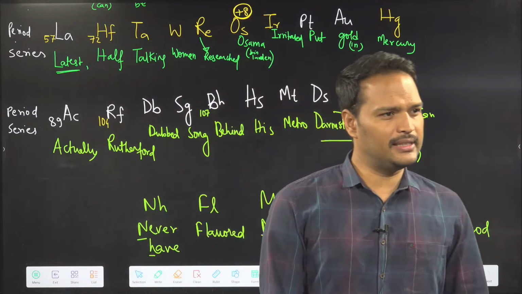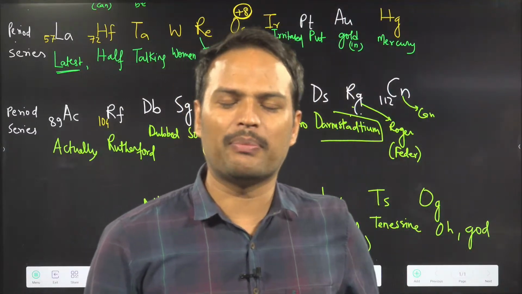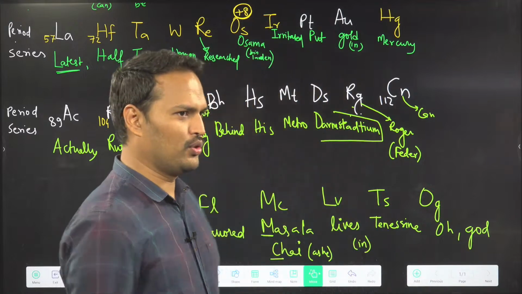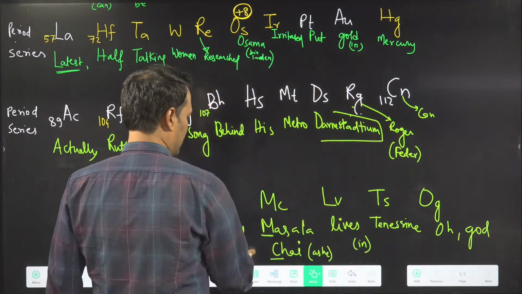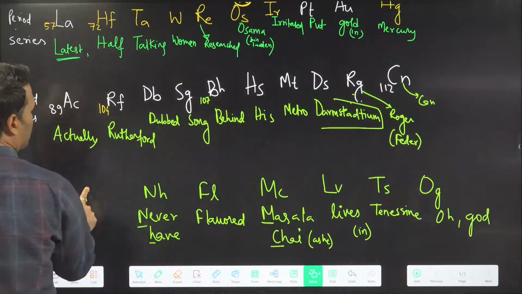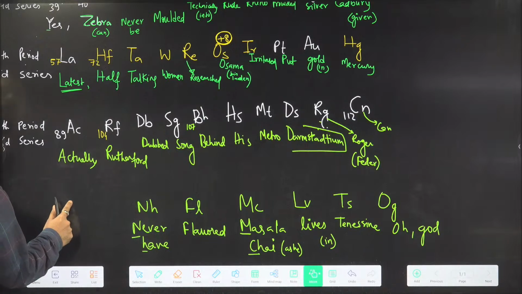Clear? Still 10 students are missing. I think they are sleeping in the evening. They will wake up at 5 and then they will see Gare chemistry class gone. You should put an alarm. Clear with this one? Done. Okay, so you can take a photo also if you want. Click a picture of it.